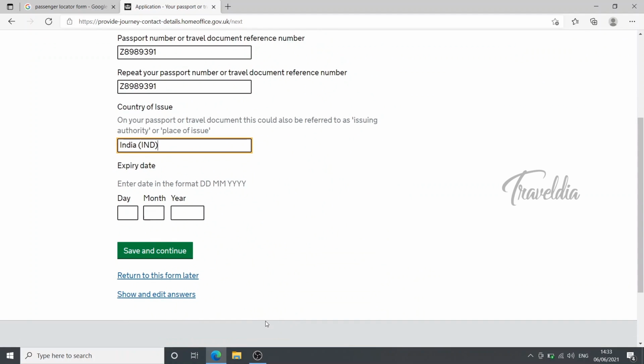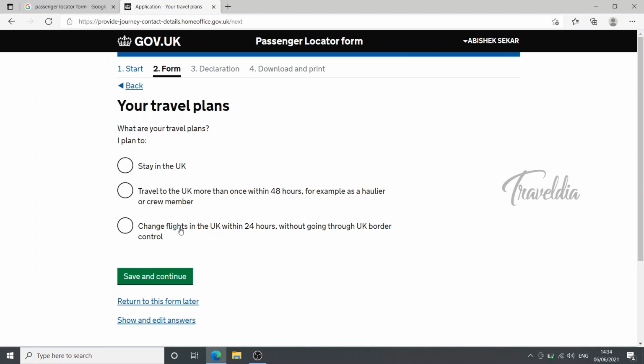Enter the passport number, country of issue, and expiry date. Enter the day, month, and year. Then save and continue.